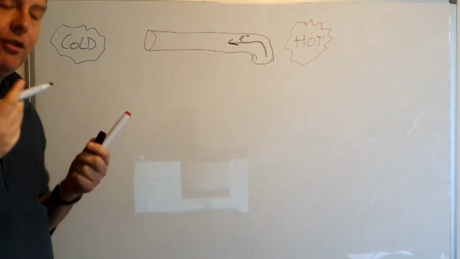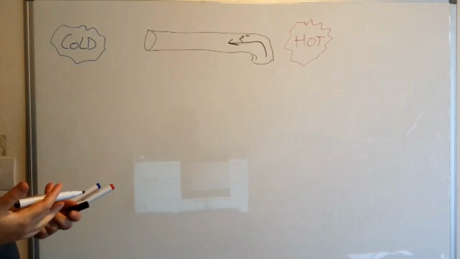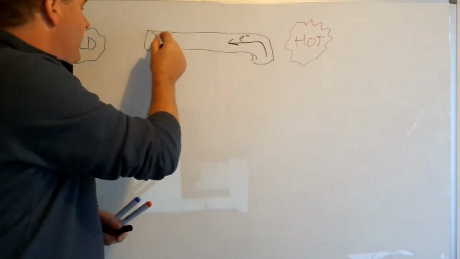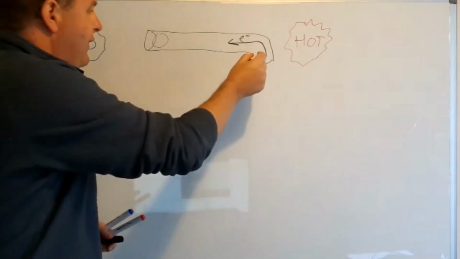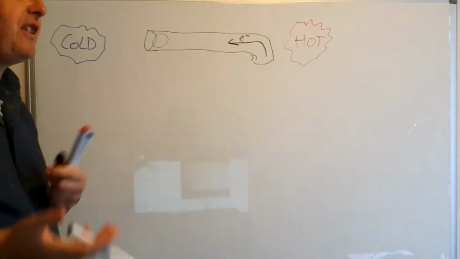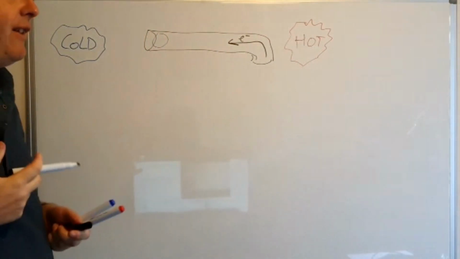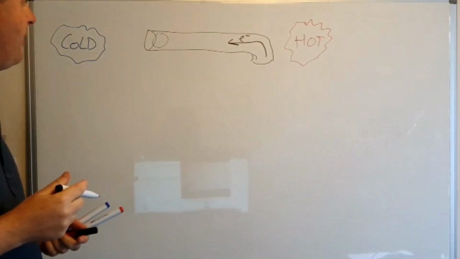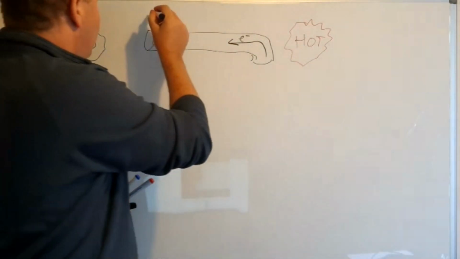Now, of course, in the steady state, eventually you end up with accumulation of electrons here and a deficit here. And so that means you have an electric field, and eventually the force from the electric field is going to counteract the flow of electrons. But that means we're going to end up building a voltage